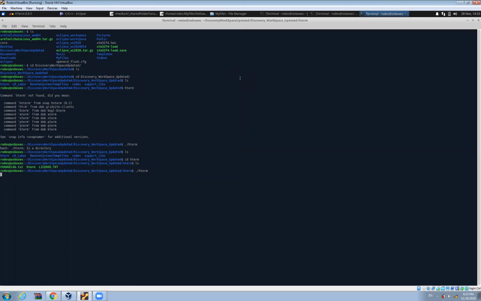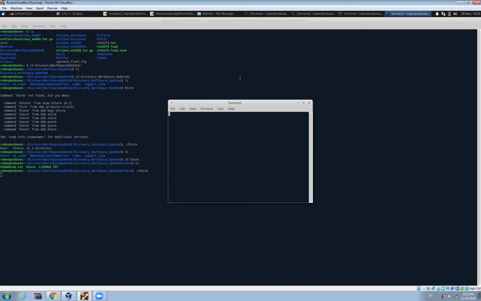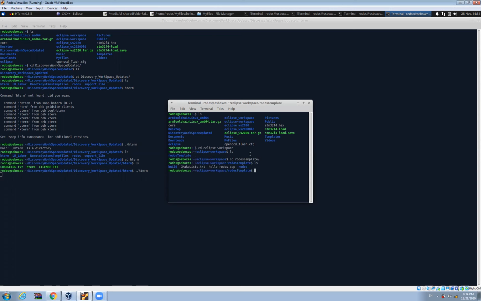For this, open a simple terminal, and then go to the Eclipse-workspace directory. If you do ls, it shows you the directories, and here we have a lot of Eclipse workspaces. This is the one which one of the virtual machine developers has given to you. If you open this workspace, change directory to Eclipse-workspace, and there we have Rhodos template. We are not using this till now, but this is the most recent version of Rhodos. So we go to this folder, change directory to Rhodos template, and here you see we have a Rhodos directory. We go to this directory.